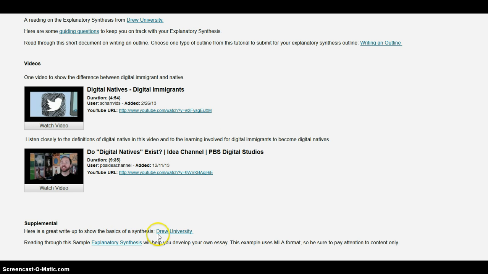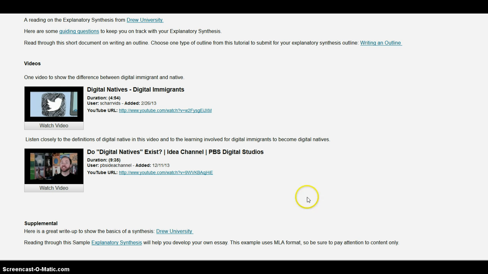But back to the synthesis, Drew University's write-up shows the basics. And this is a sample explanatory synthesis. It's an actual paper that you can read. Keep in mind, as it says here, the example uses MLA format, so be sure to pay attention to the